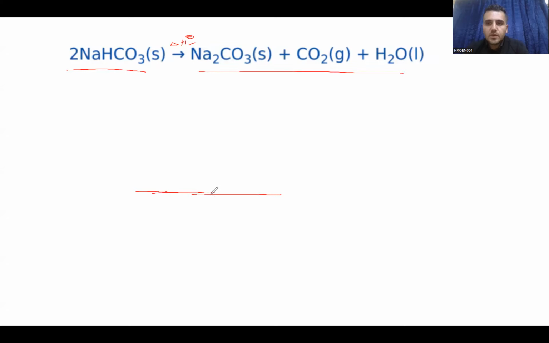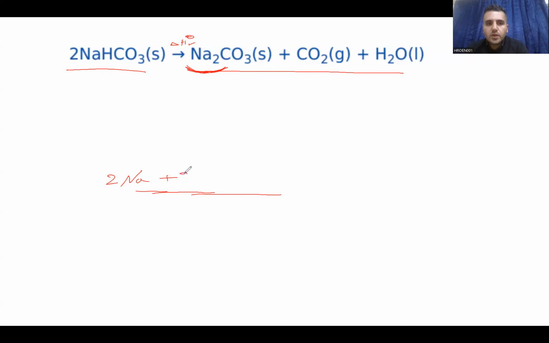It doesn't really matter which one, so I will select the products. In the products, as we see, we have 2 sodium atoms, so we write 2 Na. Sodium is a metal, so we write only Na. Plus